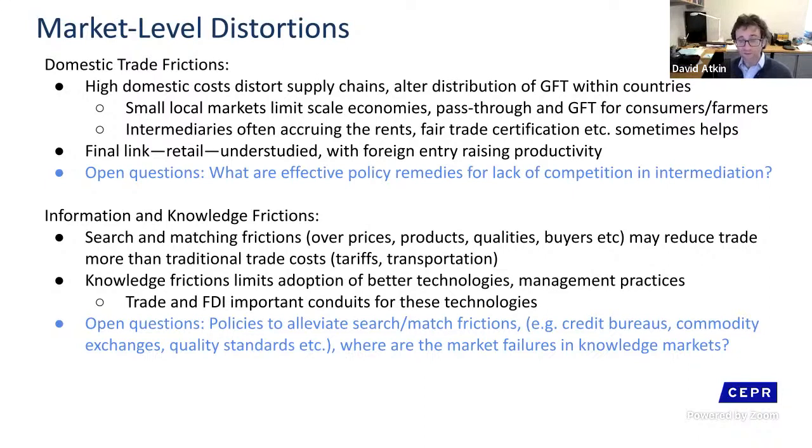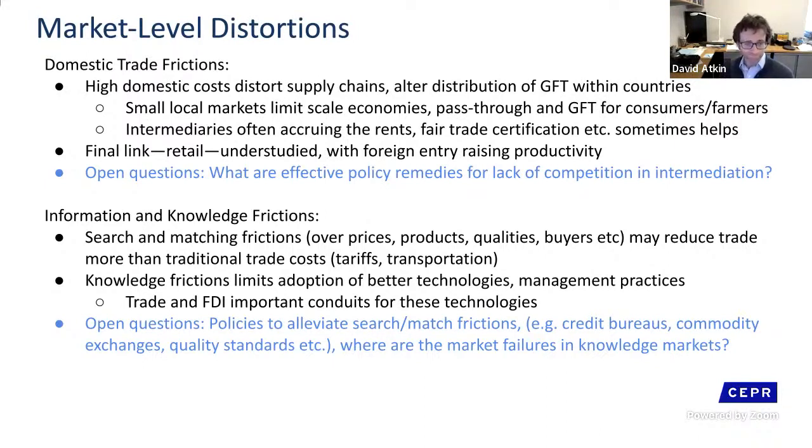And here, again, we find mixed results. Sometimes they don't seem to do much, but in other cases, we are starting to see impacts depending on the nature of those programs. And then finally, the final link in the supply chain is often the retailer. A lot of these consumer impacts go through retailers, and they're very big employers as well. And so we think this sector is very much understudied, but we do have some evidence that foreign entry raises productivity and benefits consumers in these sectors, and also potentially reduces markups by